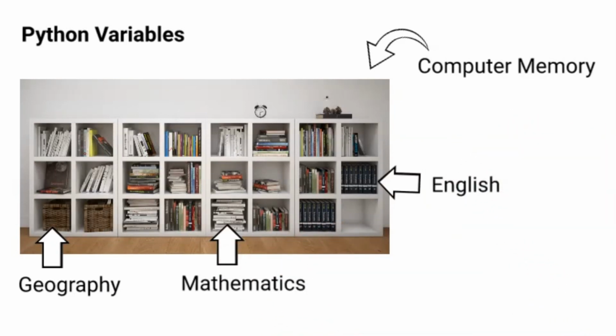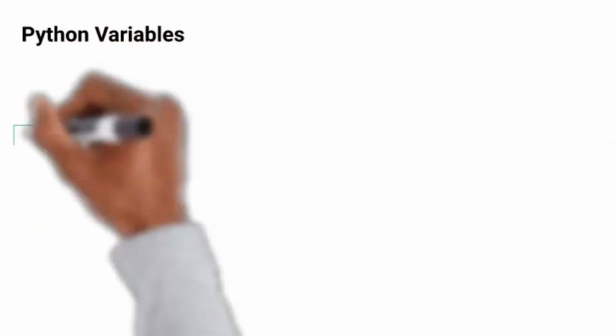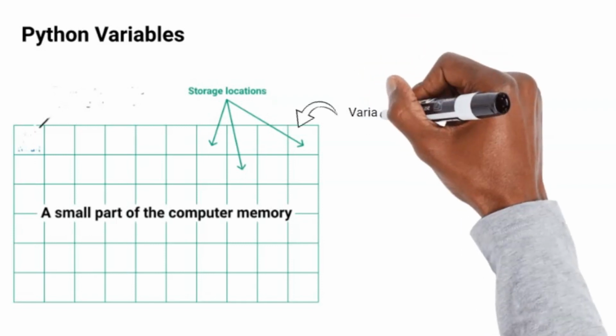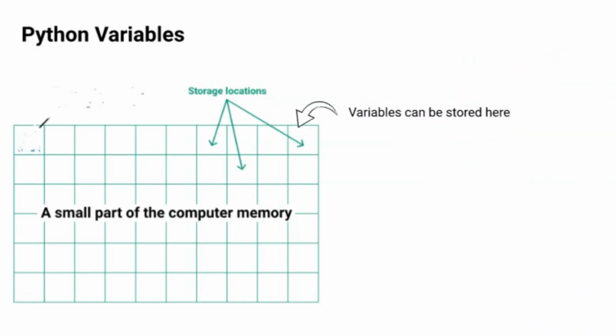So the same way, we need to create boxes in computer memory to store our data to be able to do calculations, right? So these boxes that you are looking at that might be in the computer memory are variables, and we need to give them names, right? When you go to your library, you will see that they put tags on each of the boxes, right? Say math, English, and all of that. So the same way, we need to create this box and give it a name so that we can tell the computer, oh yeah, this is the variable that I have, and this is the space,